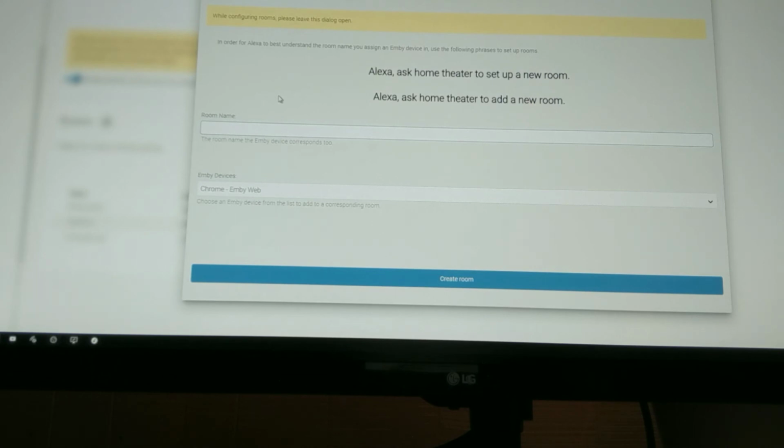Welcome to room setup. In order to best understand the room you request, please say the name of the room you wish to set up. Family room. Thank you. Please see the plugin configuration to choose the Emby device that is in the family room, and press